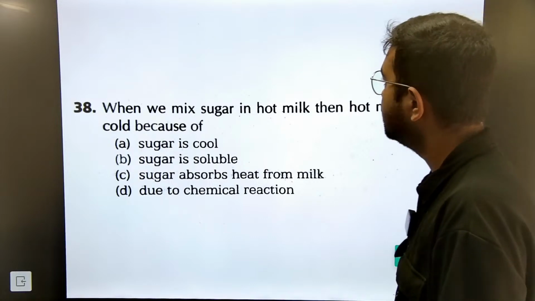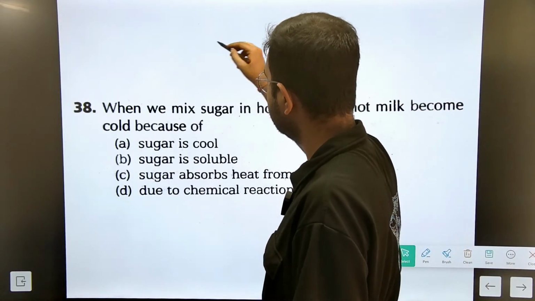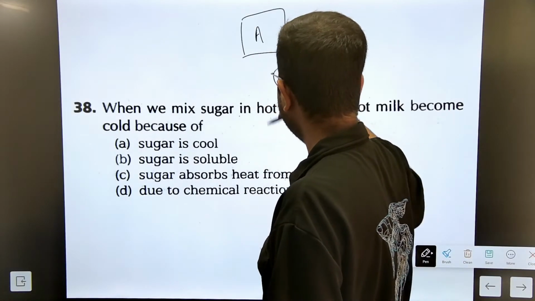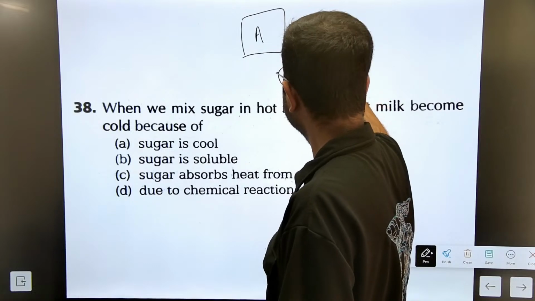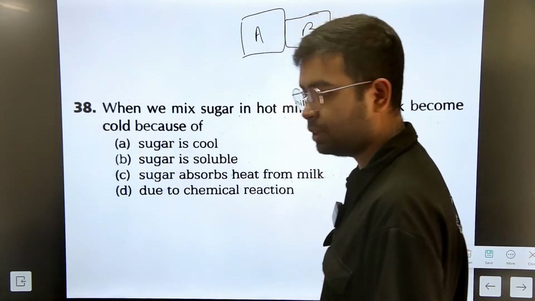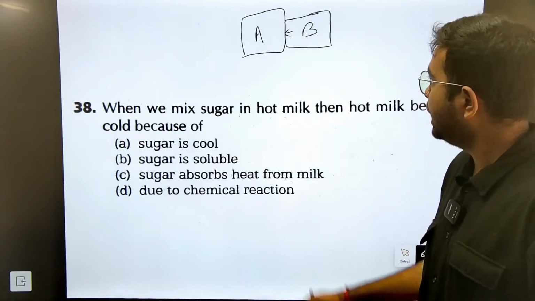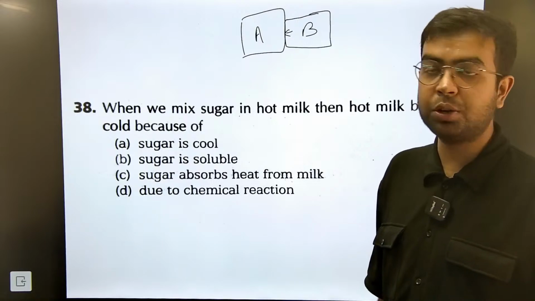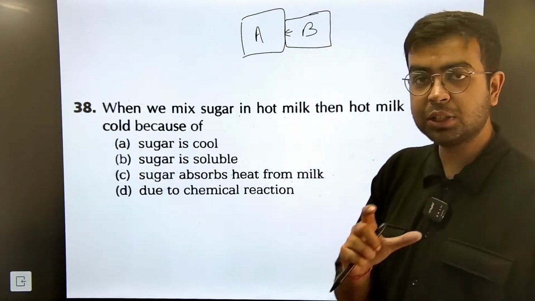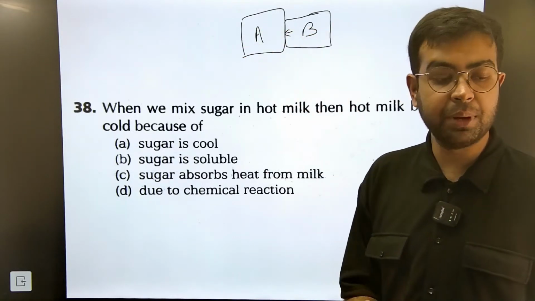See, say there are two bodies. Say there are two bodies A and B. This is A. This is B. B को मैं A के कांटेक्ट में लेके आ गया. ठीक है, मान लो B को मैं A के कांटेक्ट में लेके आ गया. Now A is a warm body. It's a very hot body. इसमें बहुत हीट है. A में हीट बहुत ज्यादा है. And B is a cooler body than A. ठीक है, B में हीट A से कम है.